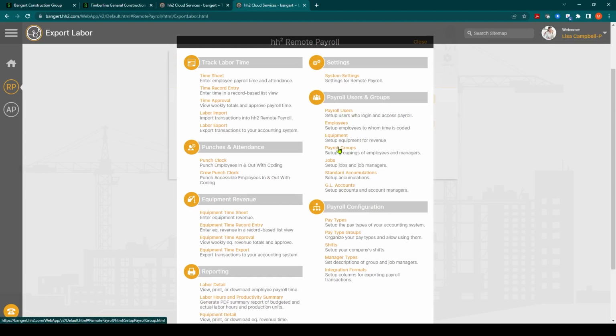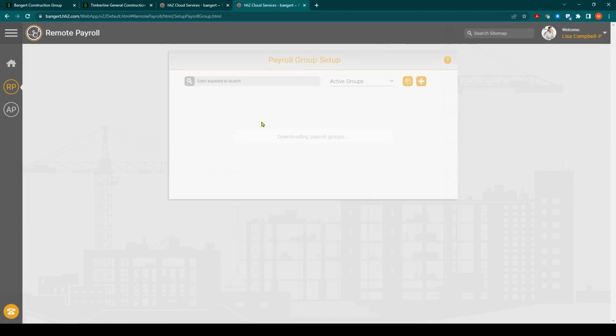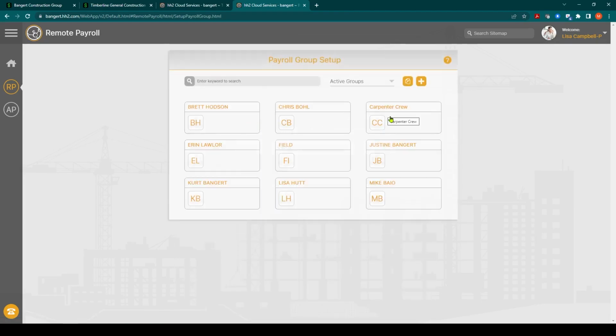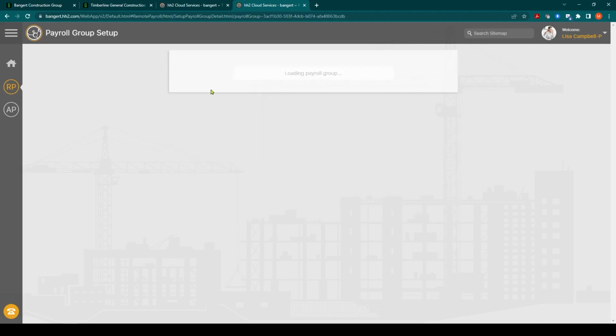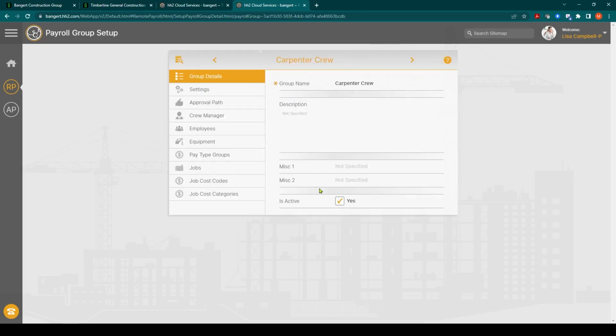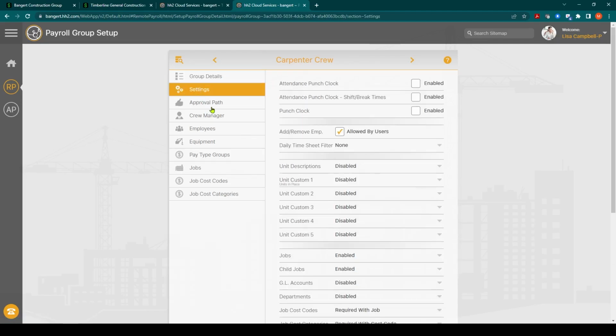So what you can establish here is what's called pay groups. And in these pay groups, for example, I have a carpenter crew. And in my carpenter crew, you can establish the settings and the rules. So, for settings here, things like you can turn on a punch clock here. So there is punch clock capabilities where you can do a clock in, clock out for the group.